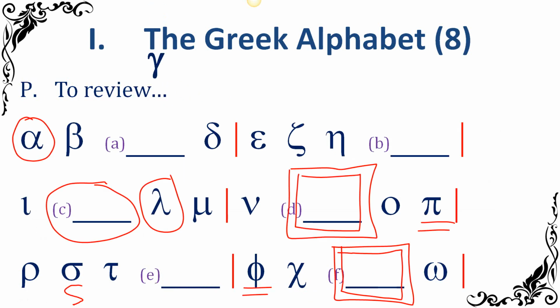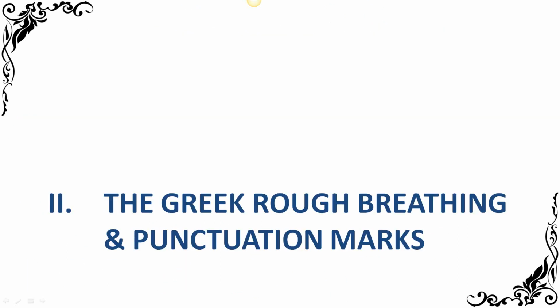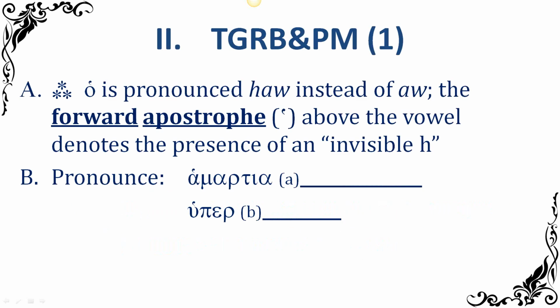All right, and then of course we already went through the alphabet like a bazillion times, so we won't drag you back through that. All right, and then the rest of the lesson from last week was more on the technicalities. The big thing, of course, was the alphabet and the sounds. If you can get that, you can get through most of the rest of it, but it does also help to know the punctuation a little bit and things like that. So that's what the next section was about.